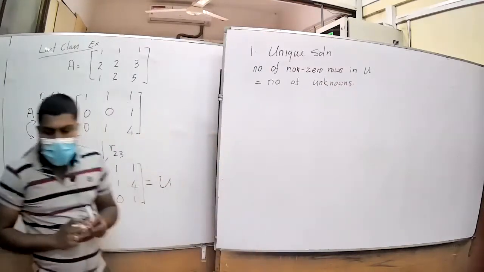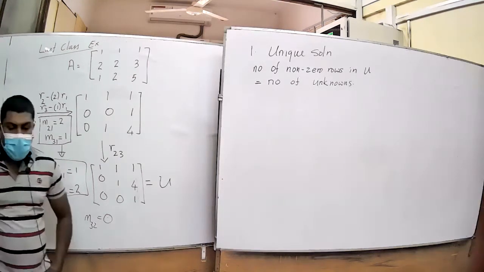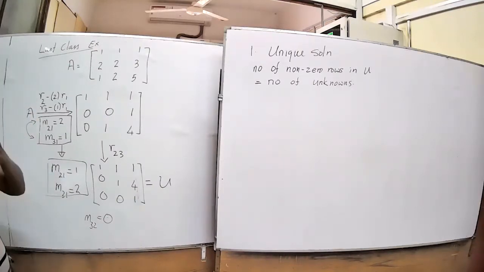So I told you last class, the number of unknowns in the matrix U, right? So after you convert it back to the upper triangular system, right? So exactly one solution case, we see that when